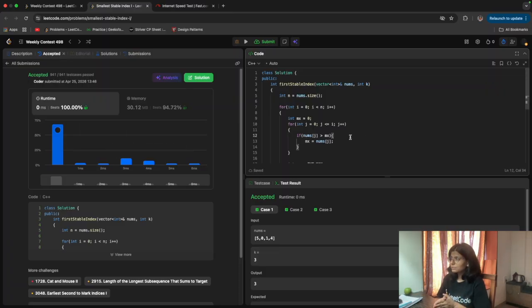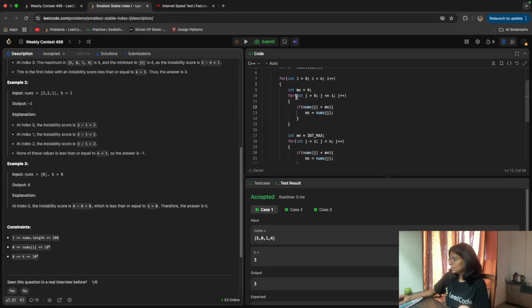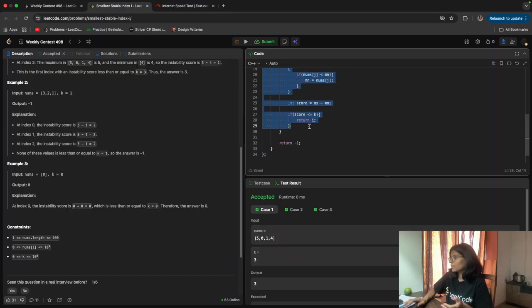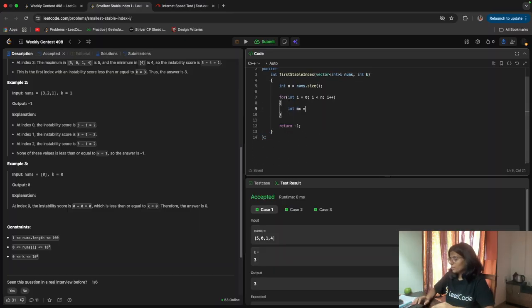Now we'll do the same question using the inbuilt function. So let's write this using the inbuilt function. We have the inbuilt function for max, that is star max element, nums dot begin till nums dot begin plus I plus 1.